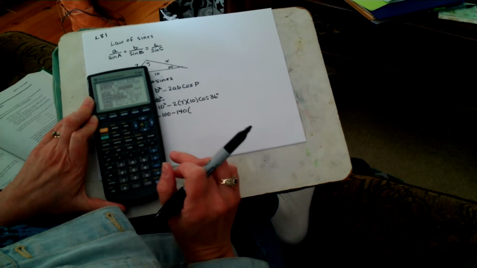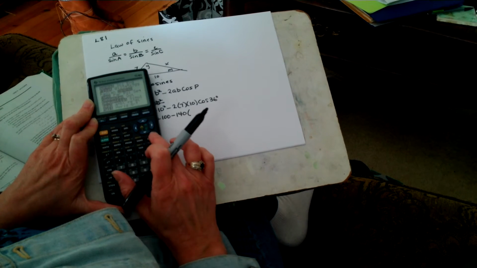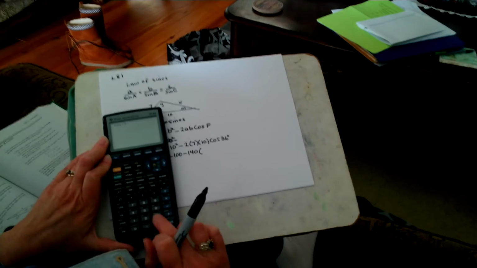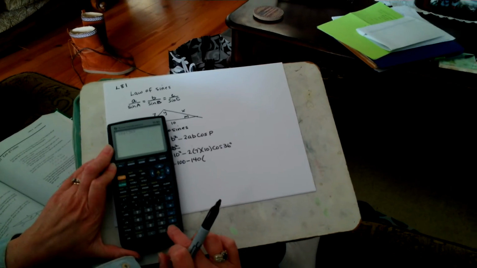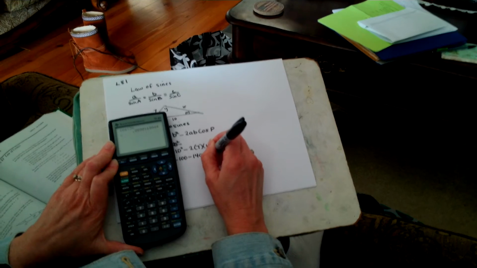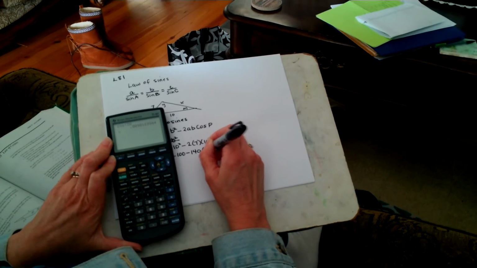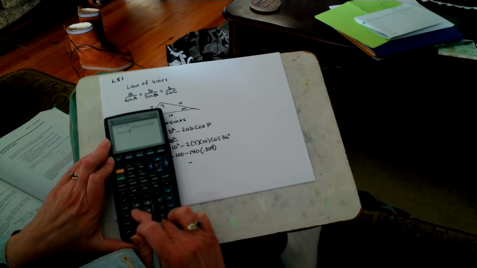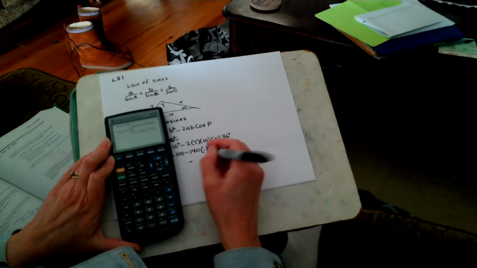I should start over. Okay, cosine 36, enter. I get 0.809, and I multiply that by 140,